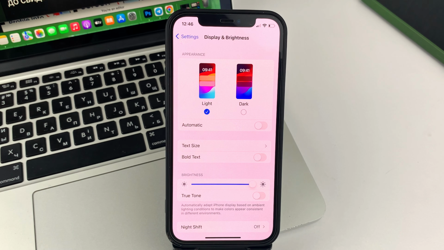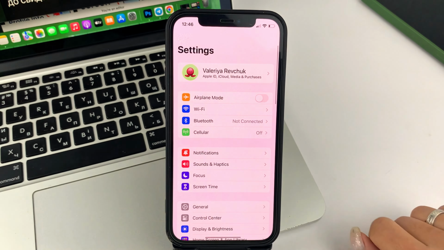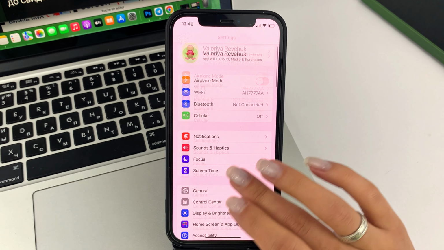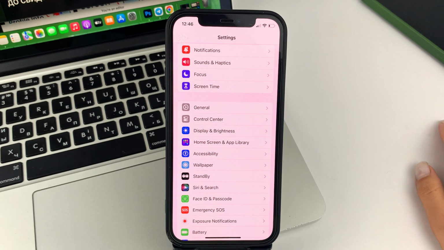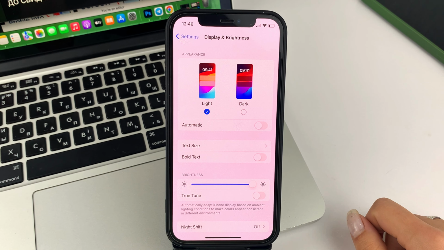So friends, let us get down to this topic. First of all, you will need to open the settings on your iPhone. After that, scroll down through the settings and select the section called Display & Brightness. Next, folks, you're going to have to scroll down to the bottom where you'll see Display Magnification. As you can see, there are two options here for how your icons can look on your iPhone. The default setting is normal mode and normal size, but you can change it to a larger one. For that, you will need to click right here.